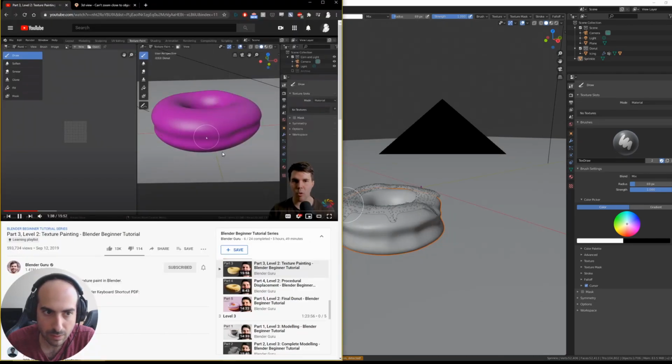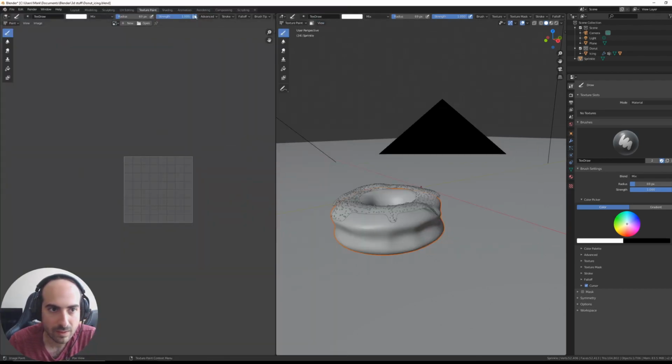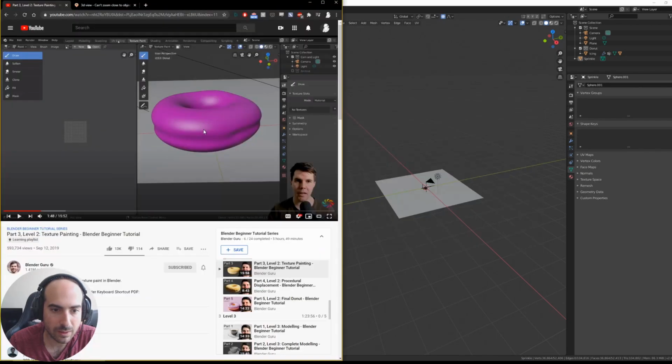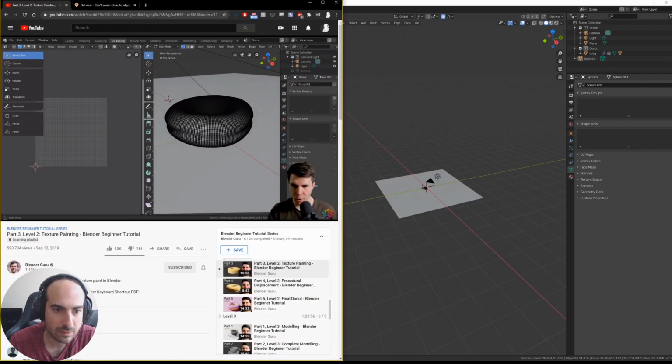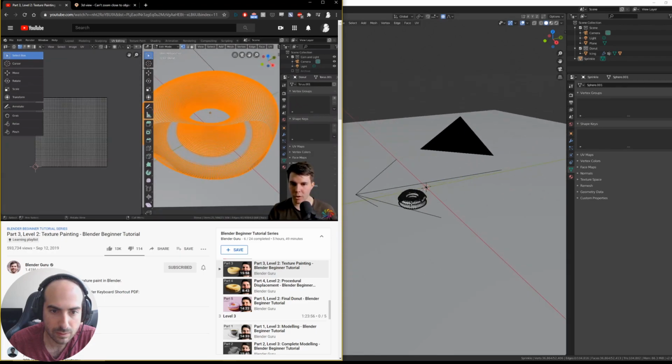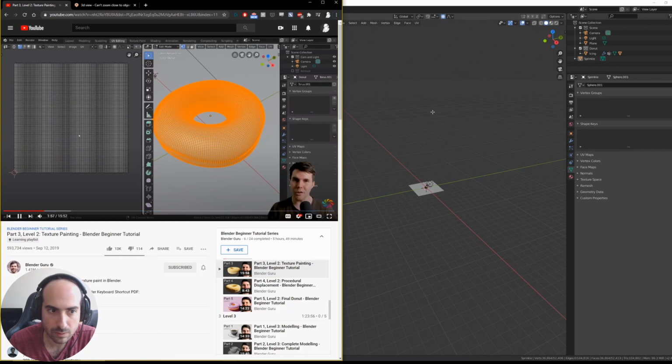About texture painting, you also have to talk about a separate step, which we actually don't need to do for our donut in this case, and that is UV unwrapping. If you go to the UV editor up here, UV editing, okay. If you select all the vertices of your mesh, it'll show you your UVs. Now UVs are